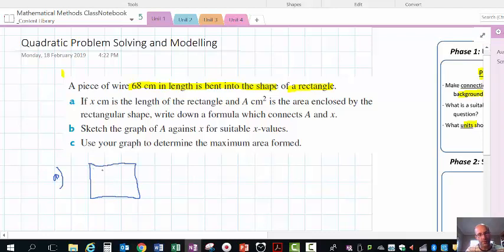and I'm going to draw a picture of it. Hopefully you'll use a ruler, and perimeter equals two lengths plus two widths, so it's the distance around the outside. And in this case 68 centimeters must be equal to that. So we're working in centimeters. Now I'm assuming that I'm using all of it, and it's not open. Okay, so we have to make some assumptions